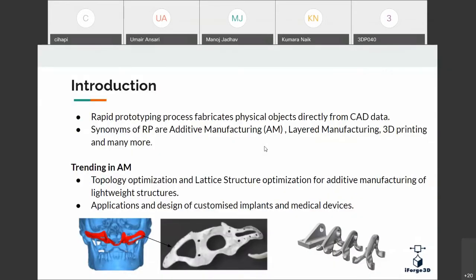Coming to this introduction, I think all of you might be aware of rapid prototyping, or generally additive manufacturing. So, I'm not getting into the basic definitions or the process of that. To just brief this technology, rapid prototyping is a process to fabricate an object directly from the CAD data. When we did not have any computer systems or CAD workstations, we used to make our models on paper, layers of papers and layers of production drawings or engineering drawings or product designs.